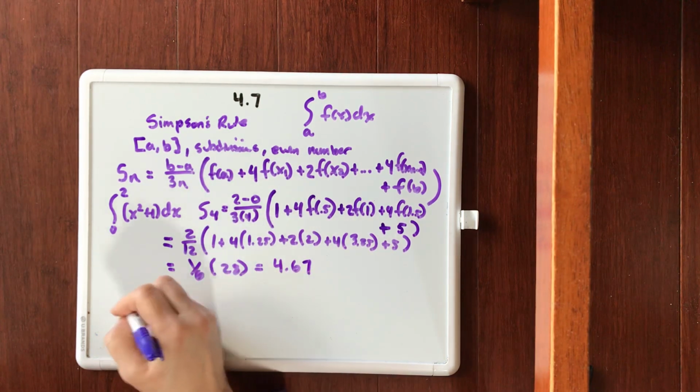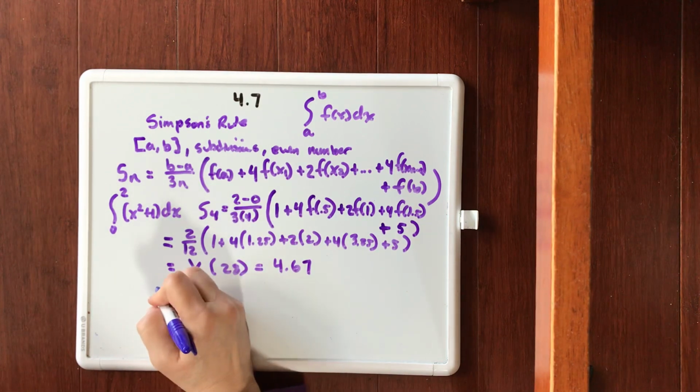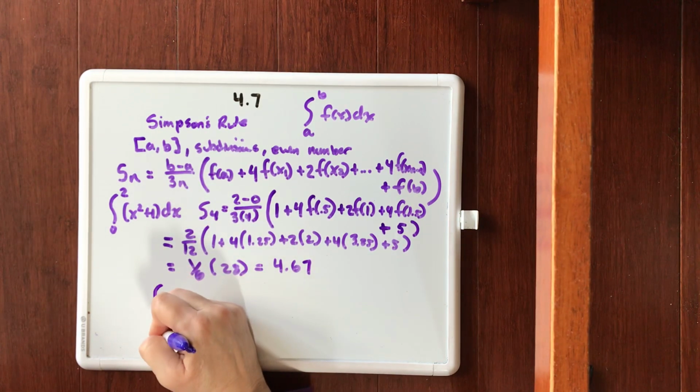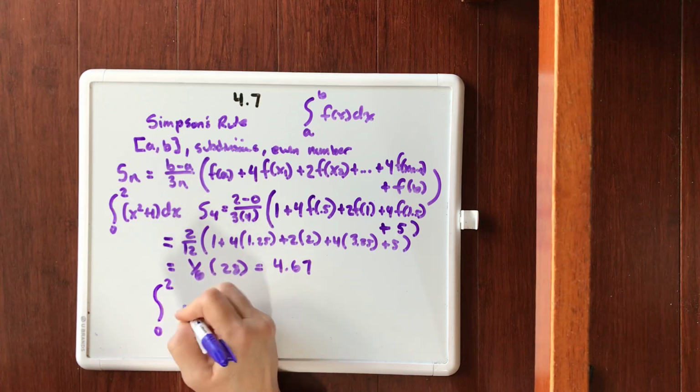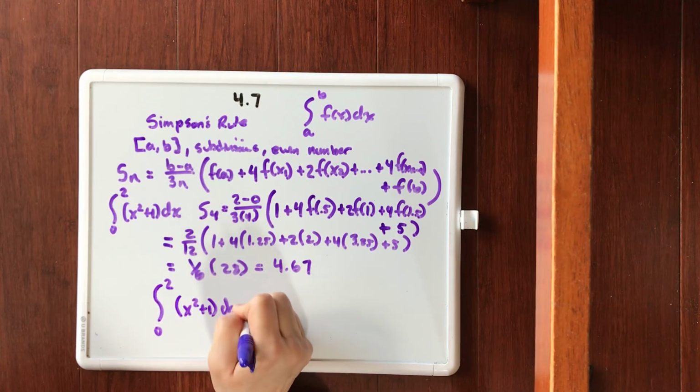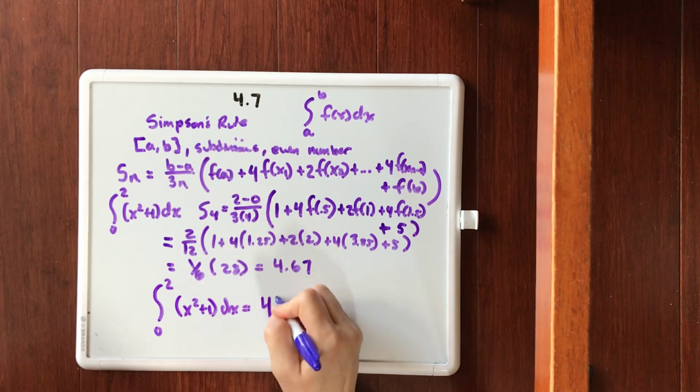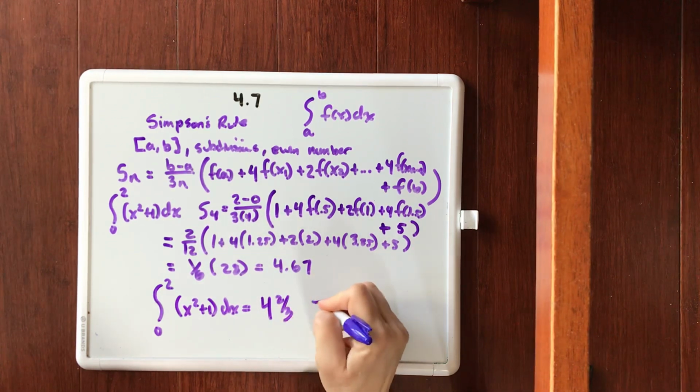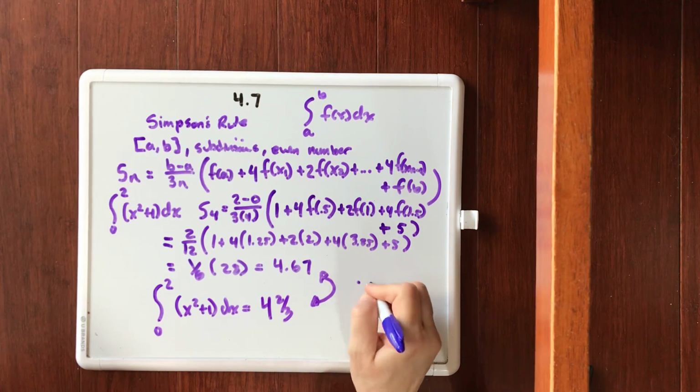Okay. Now this is really cool because remember in the very beginning in the first video, I had said to you we can find exactly what the integral of x squared plus 1 dx is. And it equals 4 2/3. Well, look at that. Look how close that is. Really cool. I'm going to put a happy face for